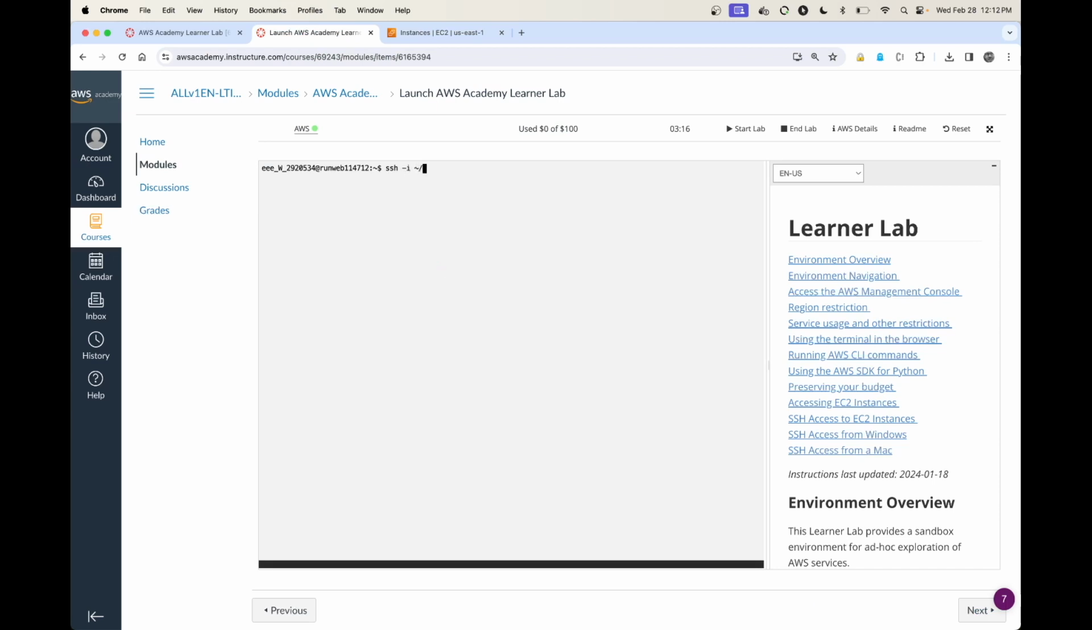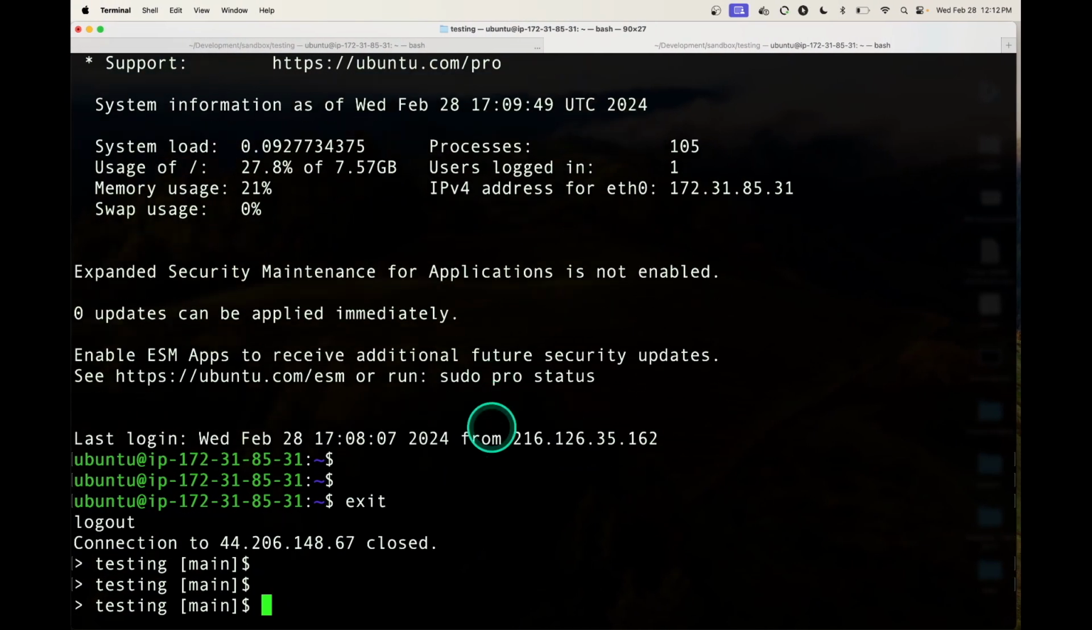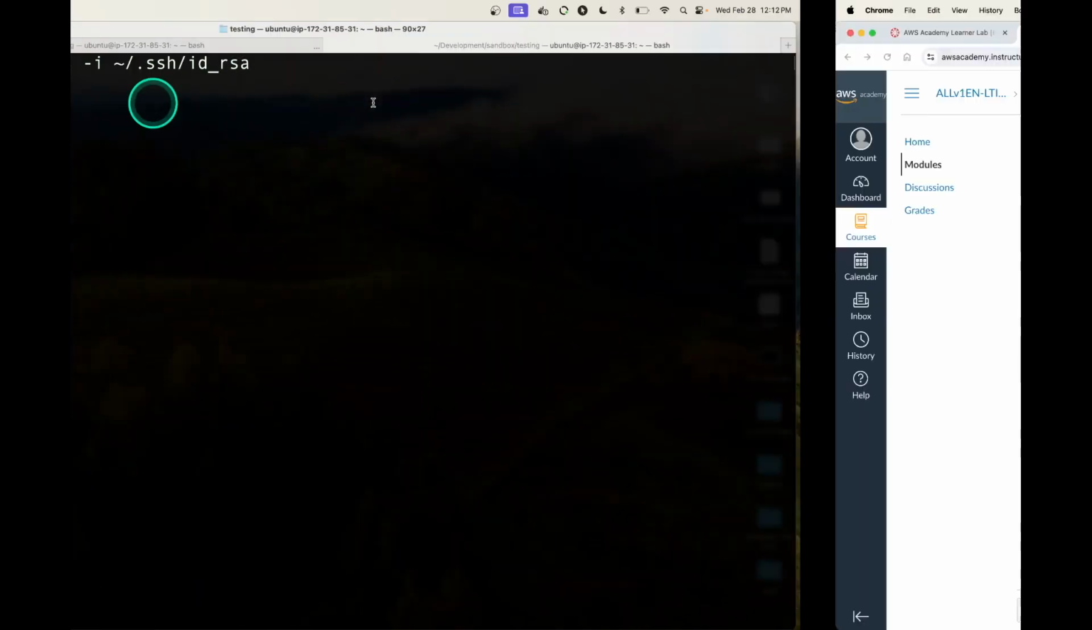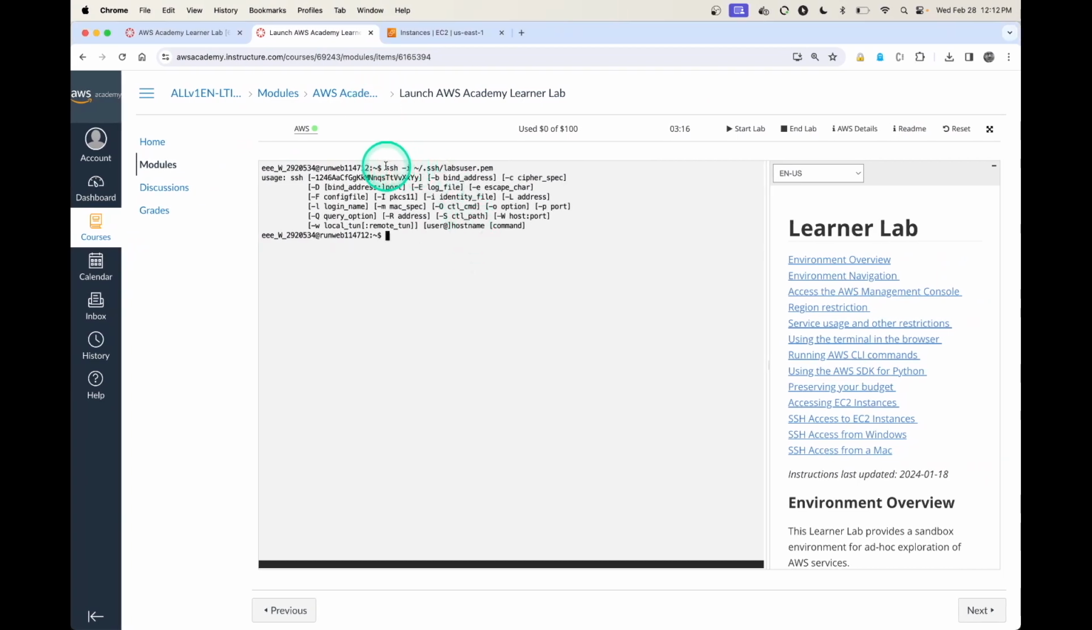SSH -i. And now in my SSH directory over here, I have labuser.pem, which is just like, over here, I used my RSA key, and that key is unique to my laptop here. This key is unique to this machine up here, and it is the one I selected when I built it. So what I can say is SSH -i